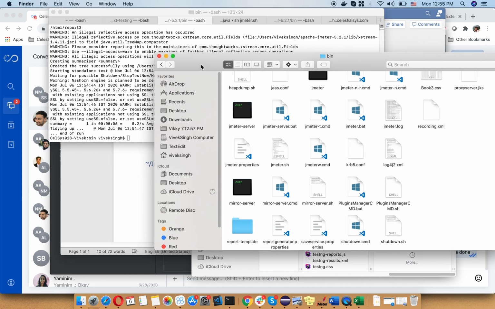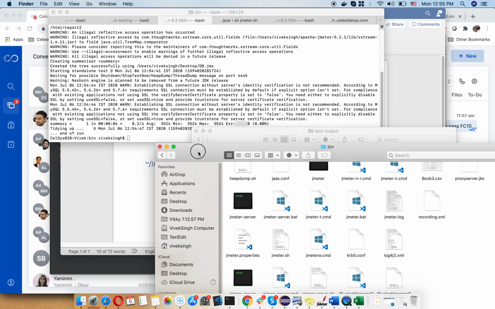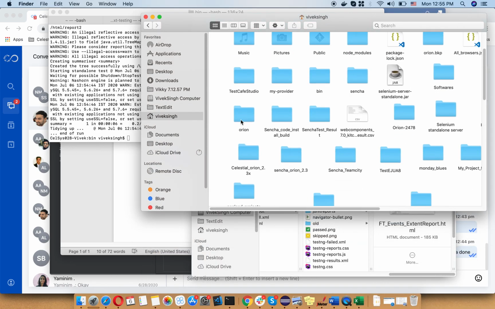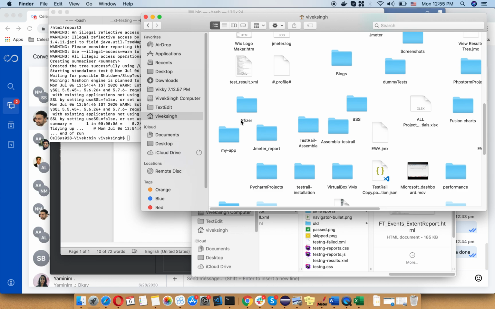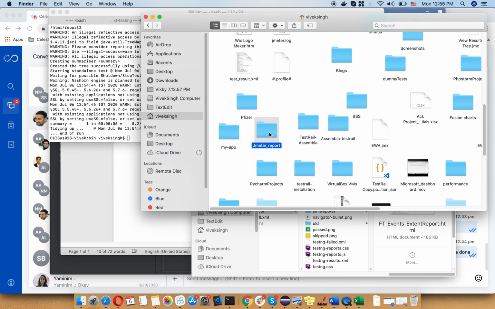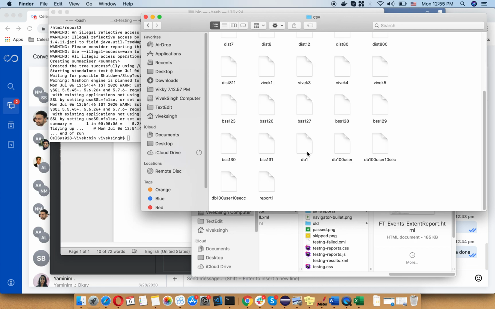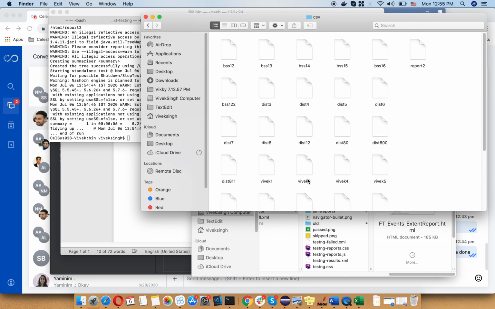Now let's go to the JMeter reports folder which I have created. Okay, so this is the JMeter reports folder. I have created these two folders earlier, so I go to CSV, and there must be report 2.